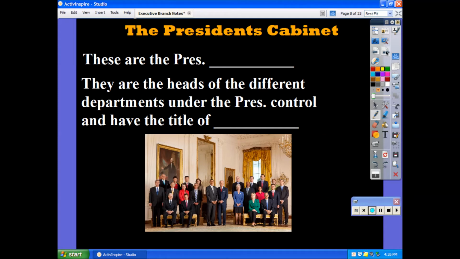Now, what does that mean? Well, the president's job, remember, is to enforce laws. That's his primary responsibility. In order to do that, he's got to have an awful lot of people that are going to assist him in making sure that those laws are accurately and effectively enforced. So those different groups of people are going to fall into different categories or different departments. And so each of those departments then has a responsibility to carry out the responsibilities of the president, to assist the president, basically. In every one of these executive departments, the Secretary of Defense, for instance, is in charge of the Defense Department, and the entire military and all the Pentagon falls into the hands of the Defense Department.